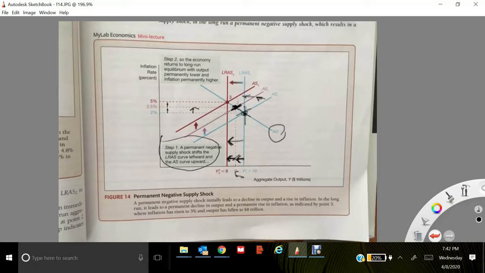So if these supply shocks are permanent, we can end up in a situation here where potential output has fallen, resulting in a permanent equilibrium here where the three curves intersect at a permanently lower rate of output and higher rate of inflation. Okay, not a good situation, right? Fortunately, there aren't too many examples of that happening. Usually,